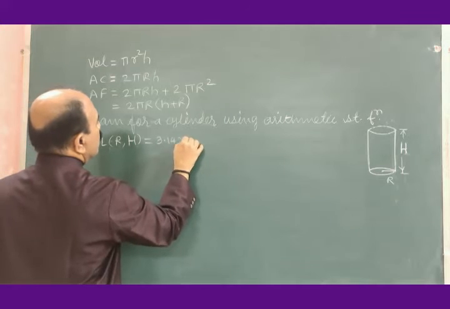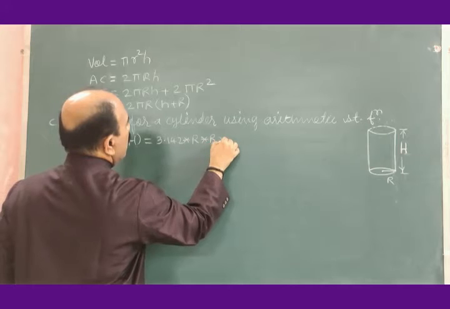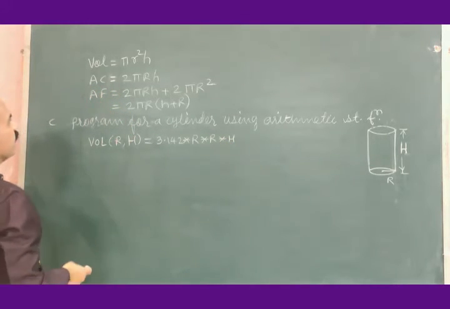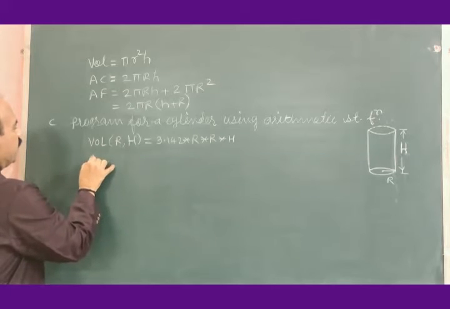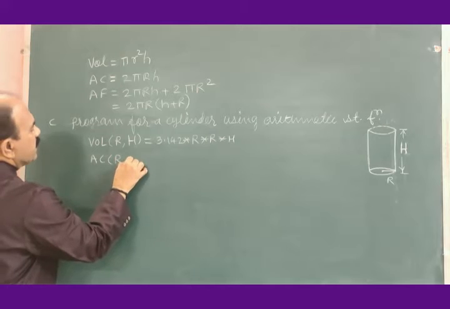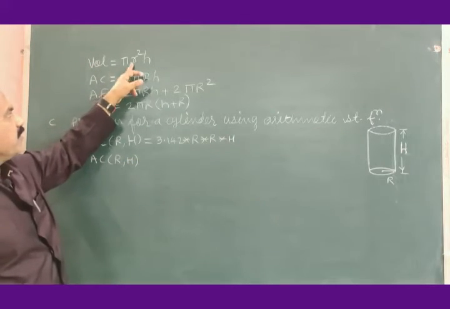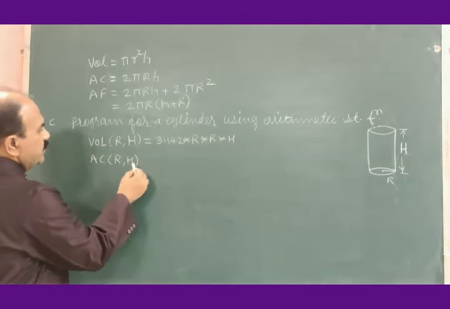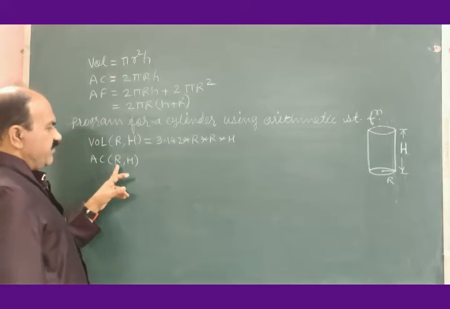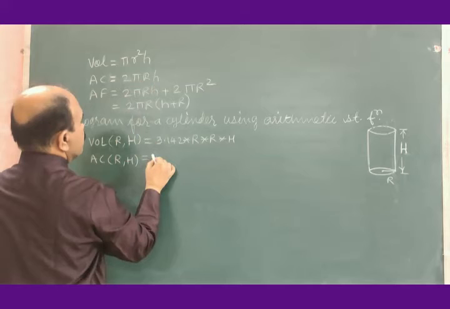3.142 into R into H. Then AC of RH. This is also a function of R and H. So area of curved surface of the cylinder, which is a function of R and H, is equal to, formula is this,